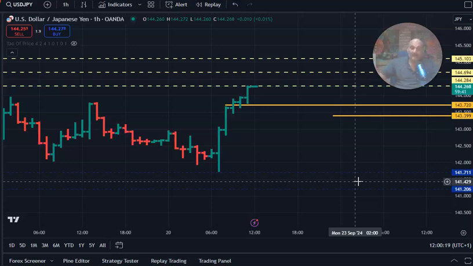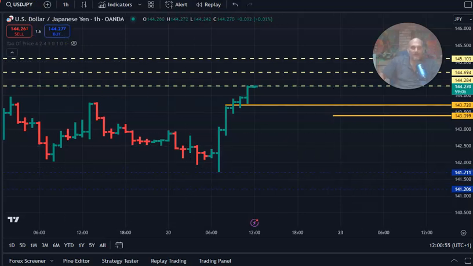If it breaks 142.85, we're going back down into those lower levels of 141.77. But right now, it's basically showing strength this morning. Let's see what happens at this 144.27 level. It's the first level of resistance that it's meeting right now. Keep an eye on that 143.72 level. As we go higher, if there's a major development, I'll put up another video for you.